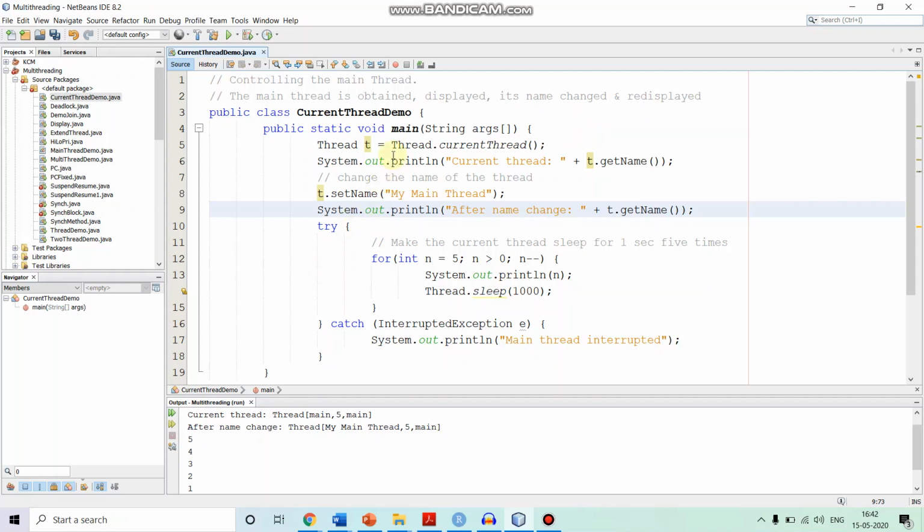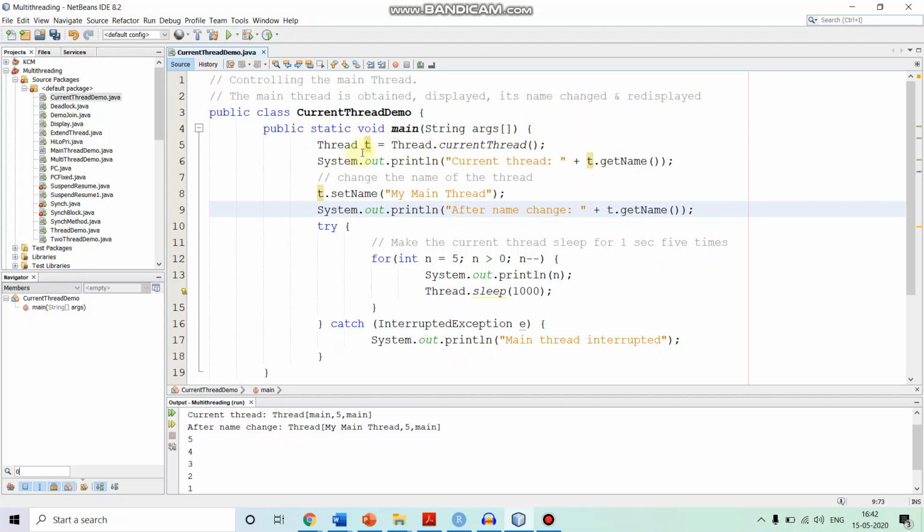In order to obtain the reference to the main thread object, we are calling the currentThread method of the Thread class. Since currentThread is a static method, we are directly calling currentThread on the Thread class.